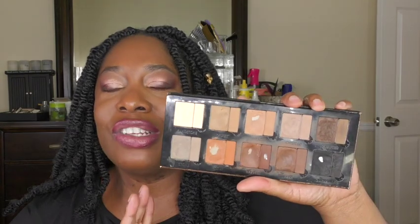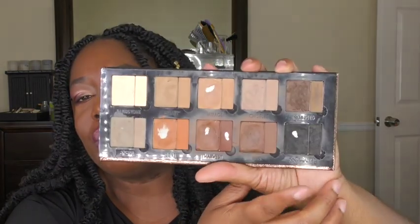I'm just saying, I already came up with that idea. Like it's a new idea. But I really just enjoy this palette so much. And if I'm not doing a complete look with it, then I'm often going into tourmaline to do a liner, to darken things up. And I will say, I believe I've said this before, and I'll probably say it again